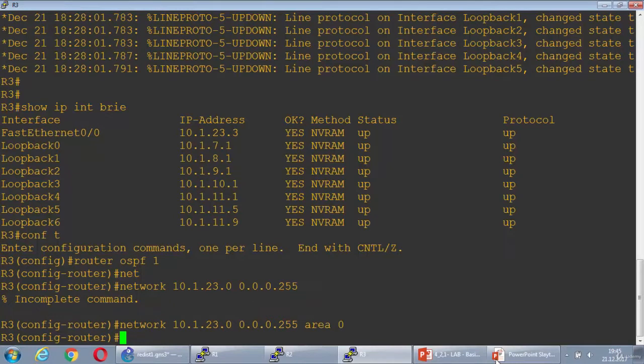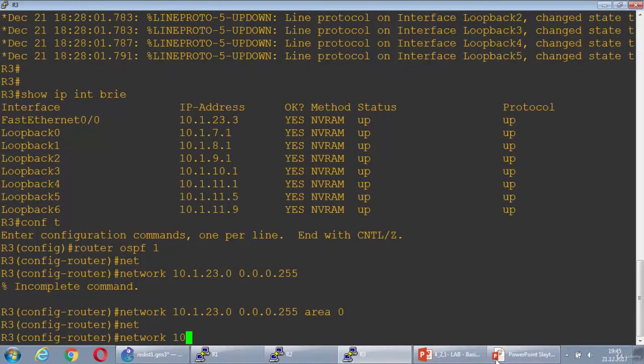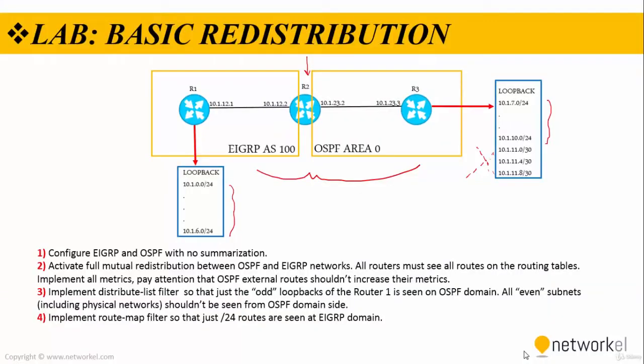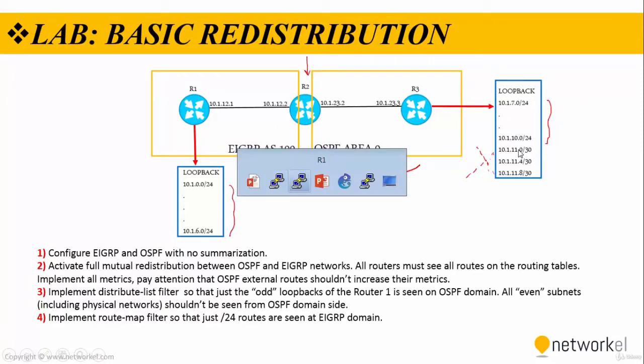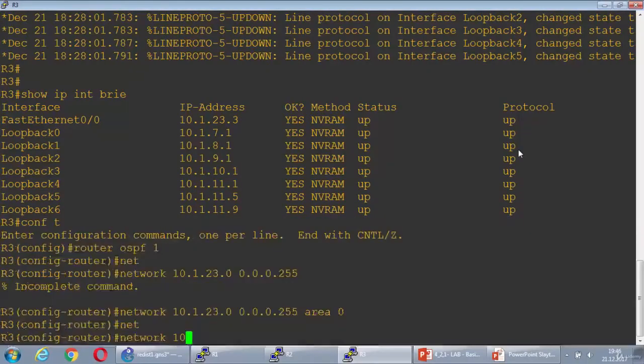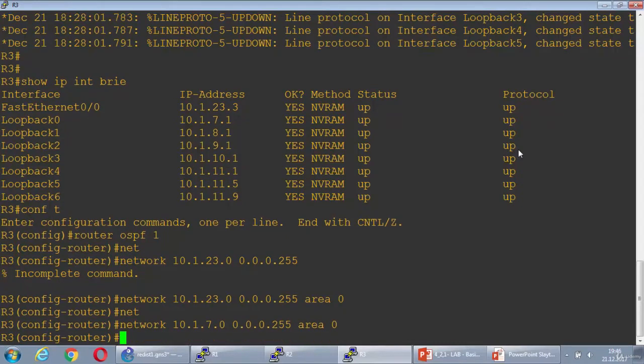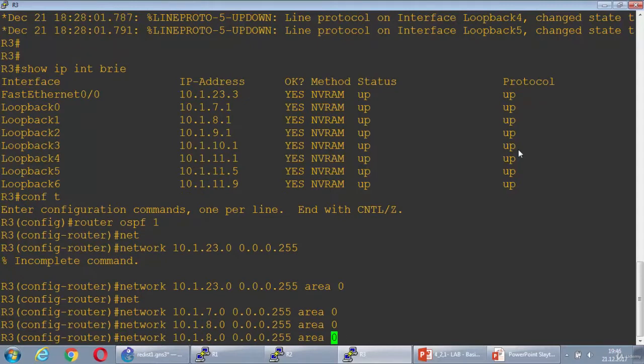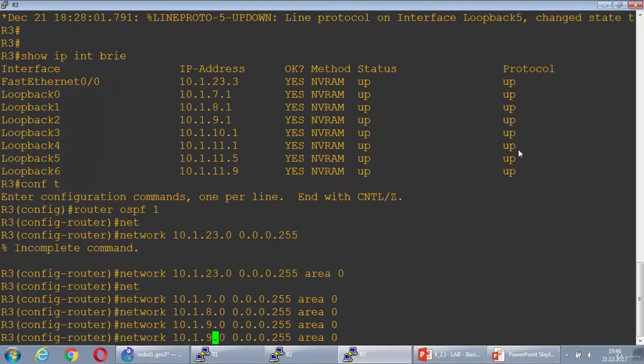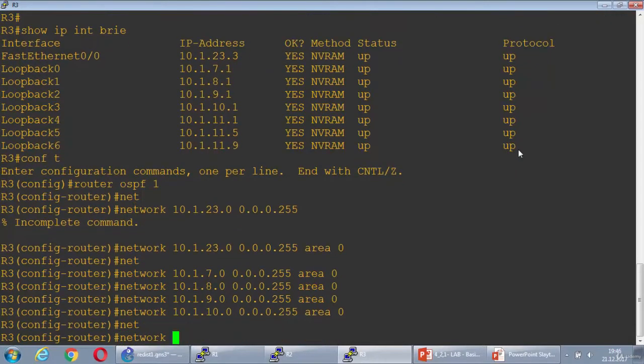Then network, which one begins with the /30? Alright, 11 networks, area 0, 8, 9, and 10 also belong to area 0, and network,